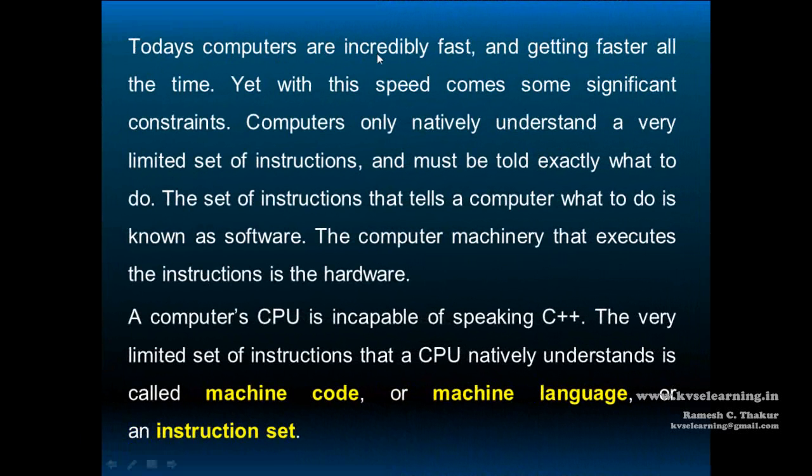Today's computers are incredibly fast and getting faster all the time. Yet with this speed come some significant constraints or limitations. Computers only natively understand a very limited set of instructions and must be told exactly what to do. The set of instructions that tells a computer what to do is known as software